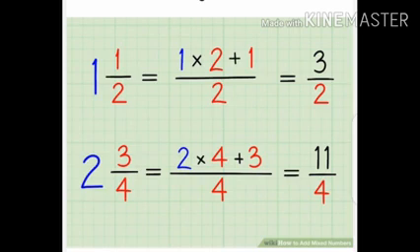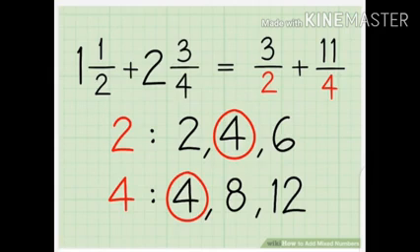And in the second mixed fraction 2 whole 3 by 4, we multiply the whole number 2 with 4, we get 8 and add 3 to it and we get 11 by 4. Now we have improper fractions 3 by 2 plus 11 by 4. Now we need to make the denominators common, or the same. We are using the multiples method. We list the multiples of 2 and 4 and we find the common multiple 4. So 4 is our LCM.